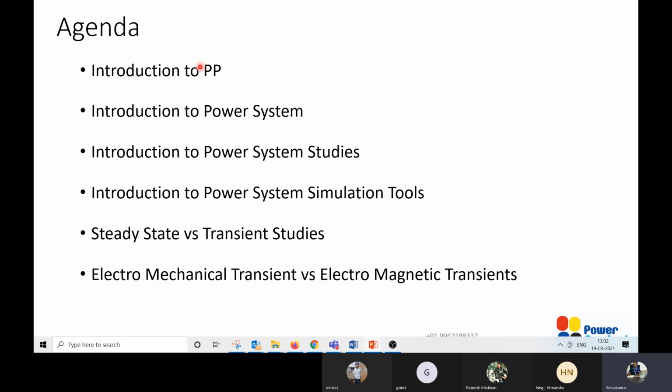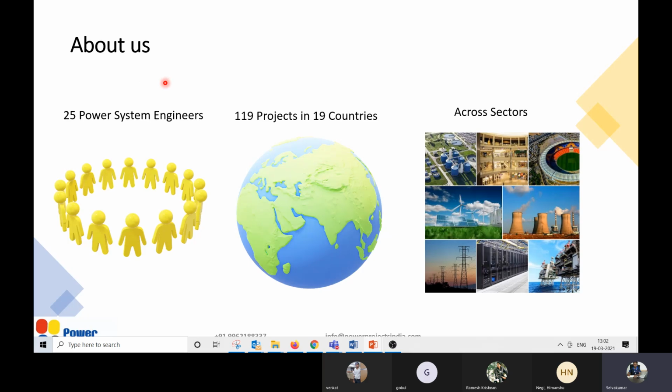Let me very quickly give an introduction about Power Projects. We have 25 power system engineers. We have completed about 120 projects in 19 countries, and we work across sectors: industries, commercial buildings, auditoriums, theaters, shopping malls, sports stadiums, and renewables, namely wind, solar, battery energy storage, and microgrids.